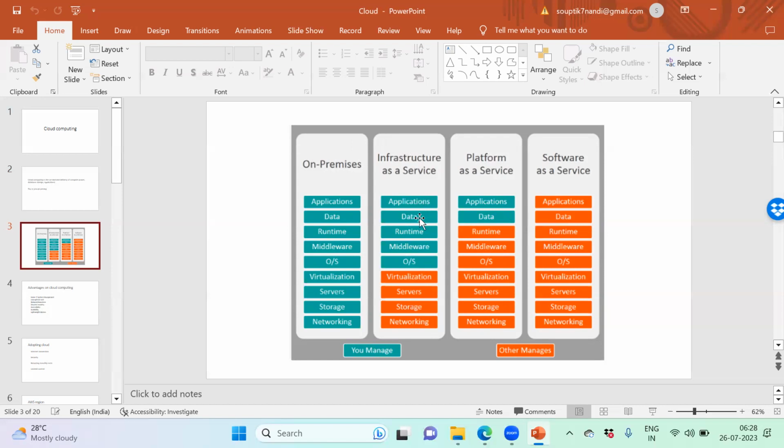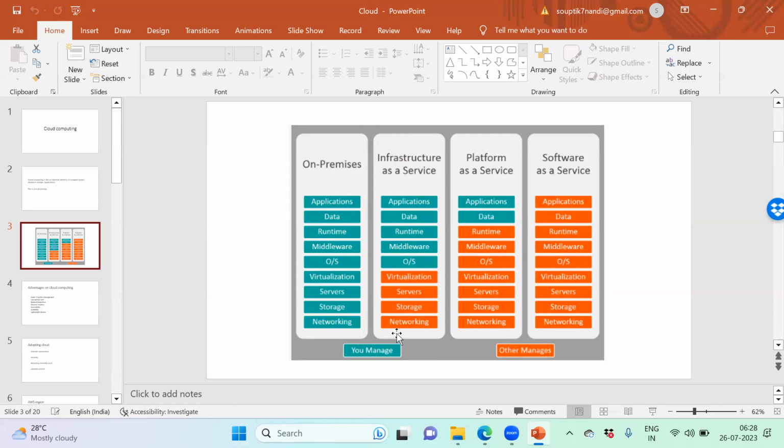Let me show you an example. Suppose I told you to install Tableau on a particular server. For this kind of service, you just get help from the cloud to launch a server. The cloud will provide this infrastructure.